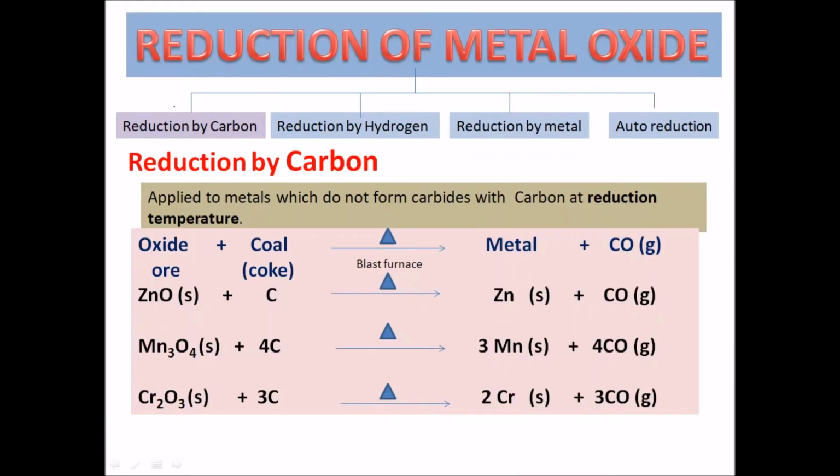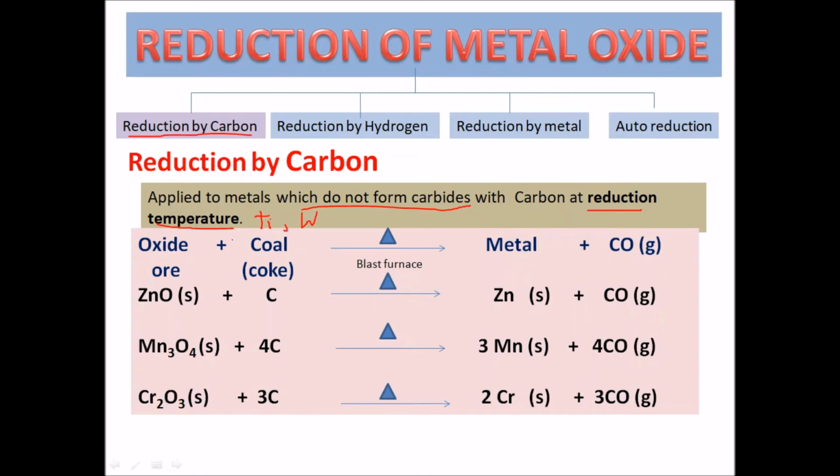Among the various methods of the reduction of metal oxide, let's discuss the reduction by carbon. Reduction by carbon is applied to metals which do not form carbides with carbon at reduction temperature. Why not apply to metals which form carbides? Metallic carbides are stable and converting them to the metallic forms is very difficult. Example, titanium, tungsten. When they form the carbides, titanium carbide and tungsten carbide, it's very difficult to convert them back